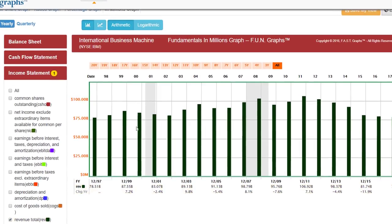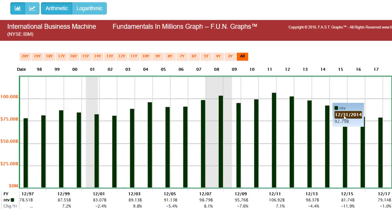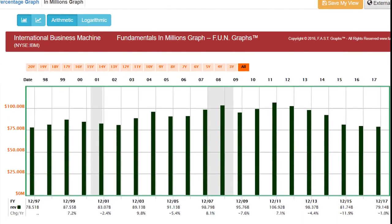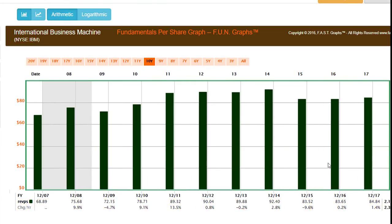And I'm going to start by looking at total revenues. I've already done that earlier, but we've obviously had this decrease in total revenues. That's clear, and I've already explained that. But now let's look at that, as I talk about in the written portion of the article, on a per share basis, because as an individual shareholder, I'm interested in what happens to my shares more than I am actually the gross shares. So when I look at IBM's revenue per share, and I'll slow this down a little bit,